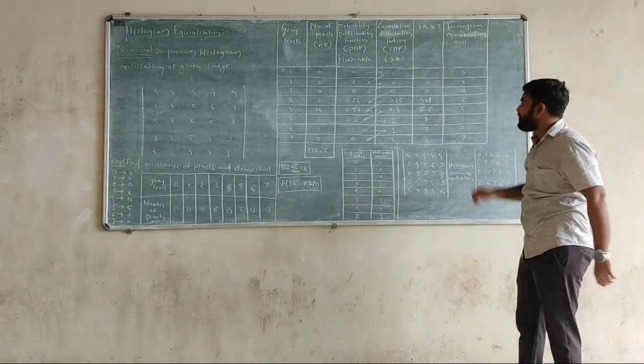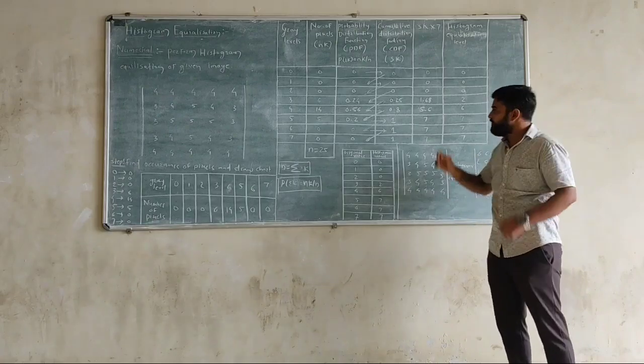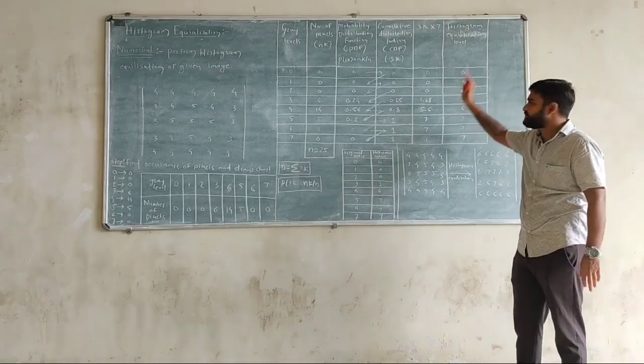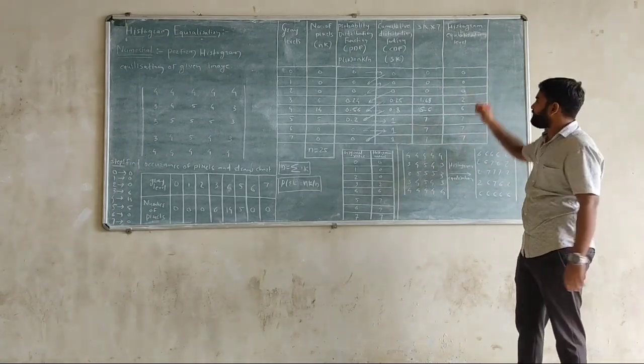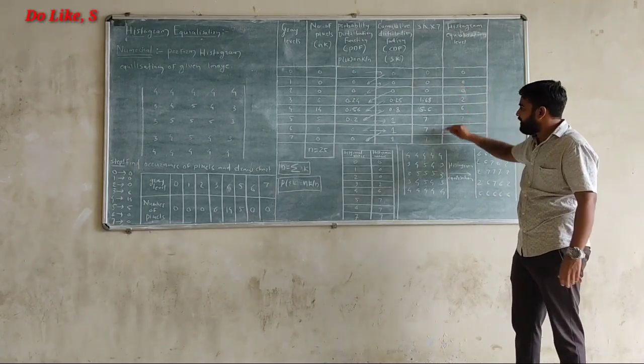What we have to do in the next column? We have to find out the value of histogram equalization. Okay, so these are the histogram equalization values. But what we have